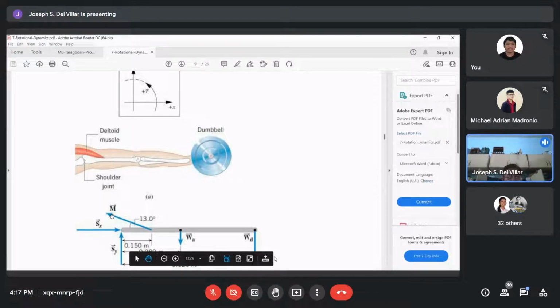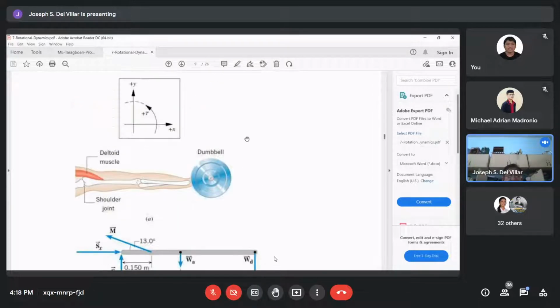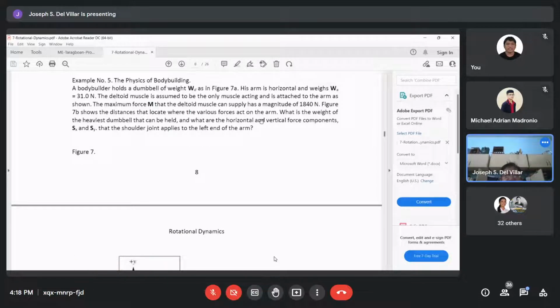Etong M is the deltoid muscle. So that is an inclined force. Yung effect ng deltoid muscle, tingnan nyo, it is an inclined force. The dumbbell, WD, is vertically down kasi weight. Also, the weight of the arm is vertically down. Okay? Yung weight of the arm,